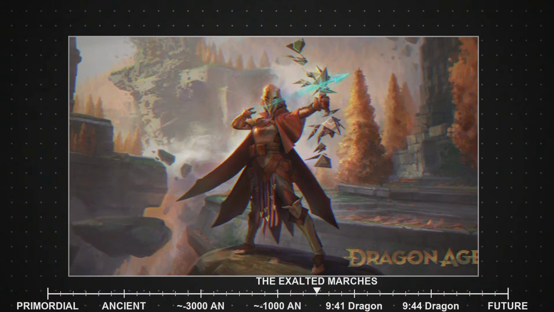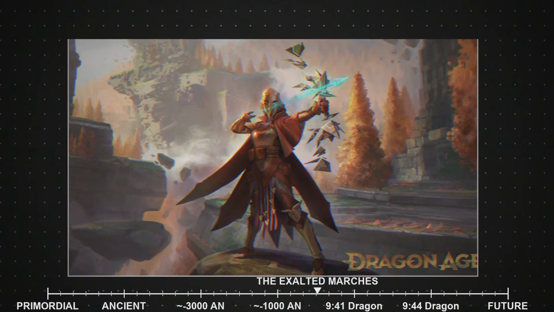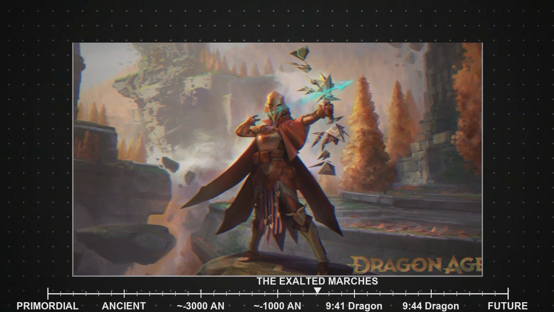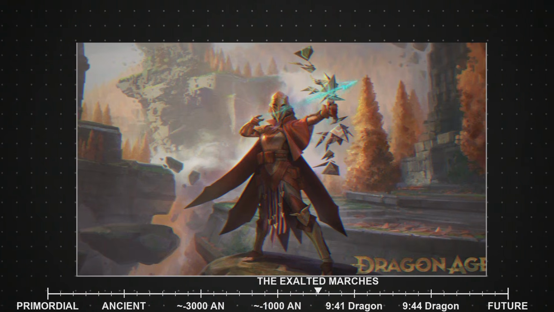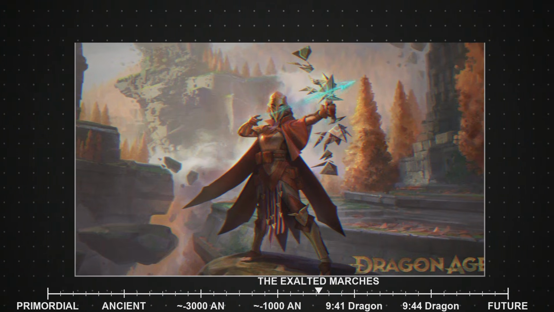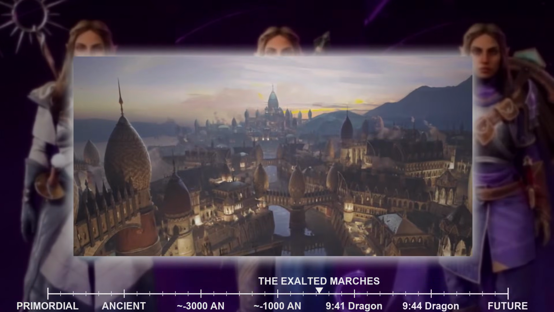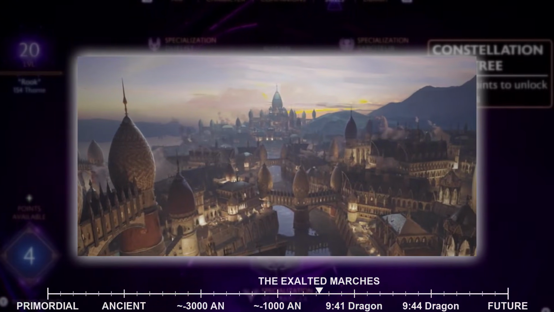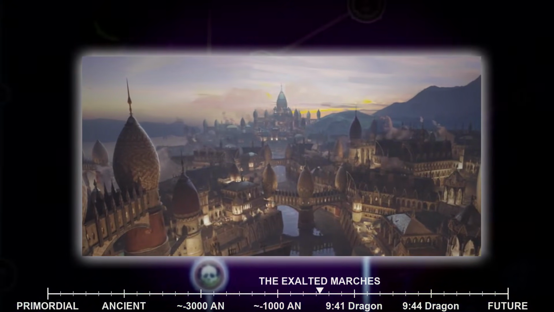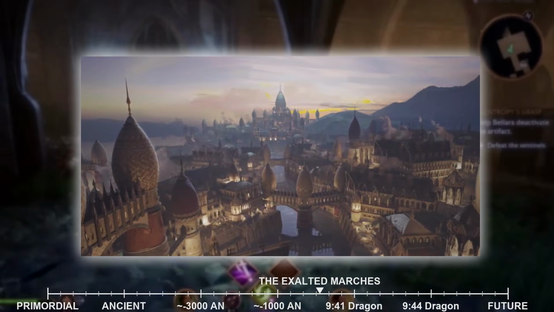The once mighty Imperium, now a mere shadow of its former self, was forced to contend with a powerful, unyielding enemy on its doorstep, a constant reminder of its lost glory. The Qunari Wars, alongside the lingering threat of future blights and the internal struggles for power, ensured that Tevinter would never again reclaim its ancient dominance, ushering in an era of fractured power and perpetual conflict across Thedas.